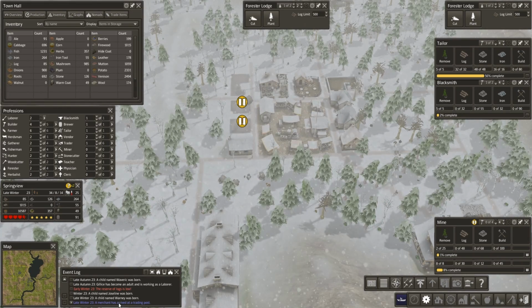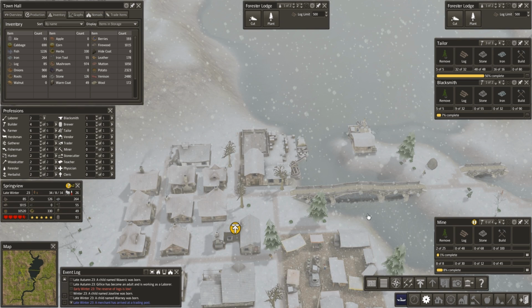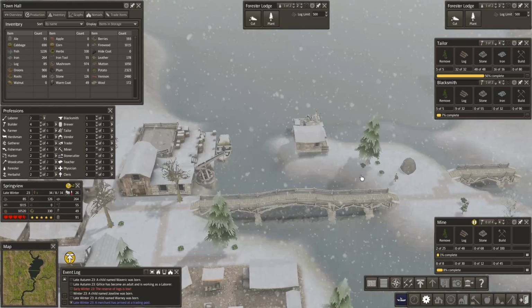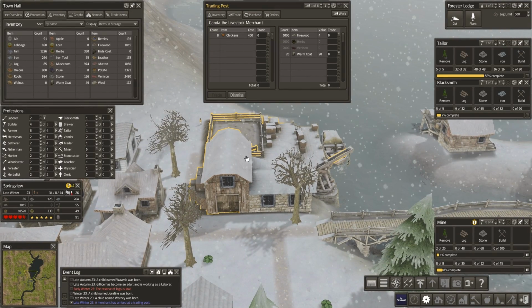What was that? We have a trading, or merchant. Here we go. You know, we haven't had a disaster since that tornado. Huh. Well, we'll get one now, won't we? Okay, trader. Came with these real chickens. These are real chickens, not chicken meat. So we've got 8 chickens at 400 each. So 3,200